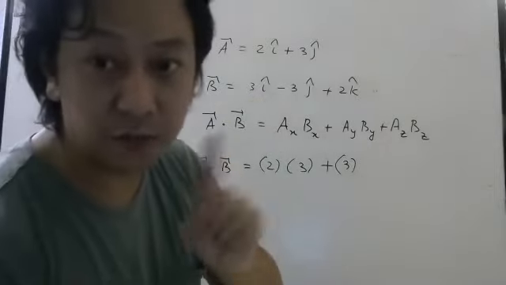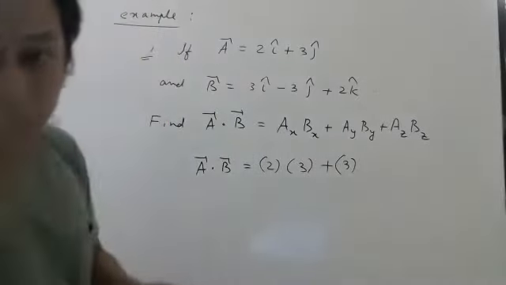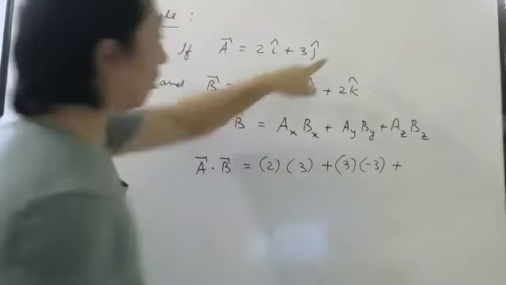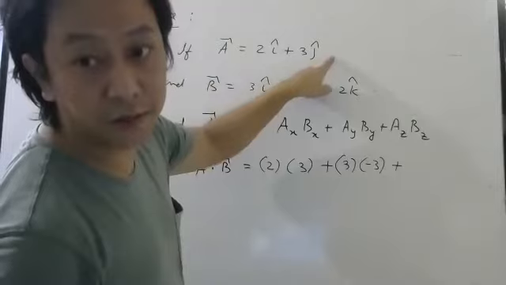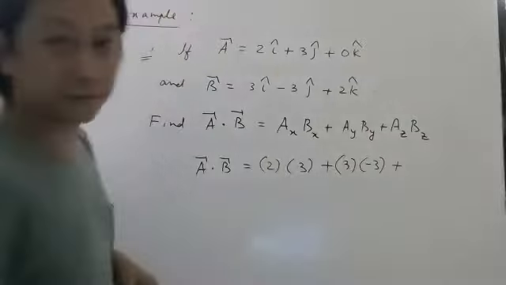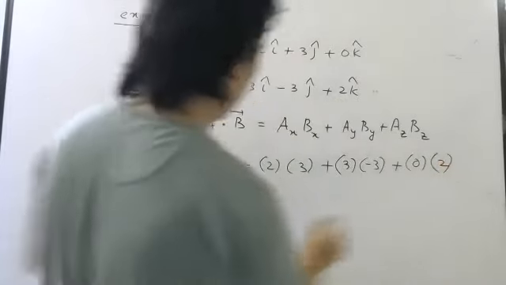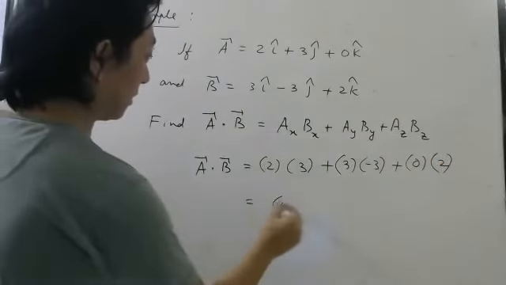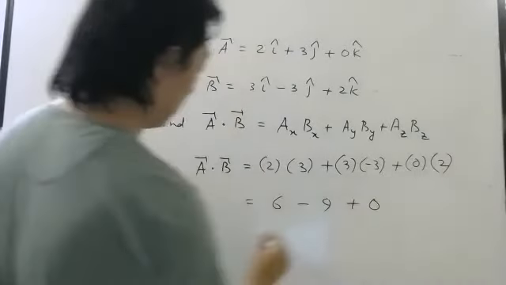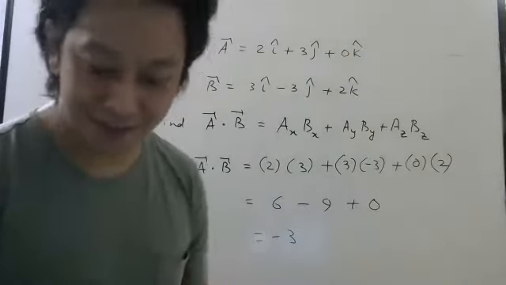Minus 3. That minus is not for decoration, students. That minus you should not forget. So by is minus 3. What is z component of this? You can write this as 0 k cap also, no? So it will be 0 into bz is 2. So this will be 2 3s are 6, plus minus minus, 3 3s are 9, 0 2s are 0, so minus 3. Oh, interesting. Dot product can be negative also. Keep in mind.